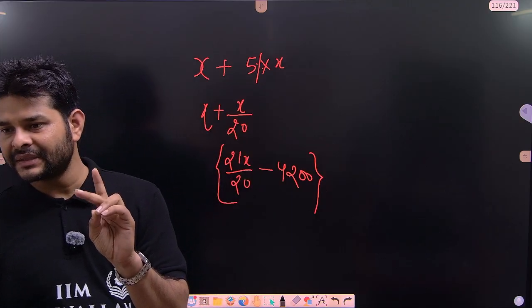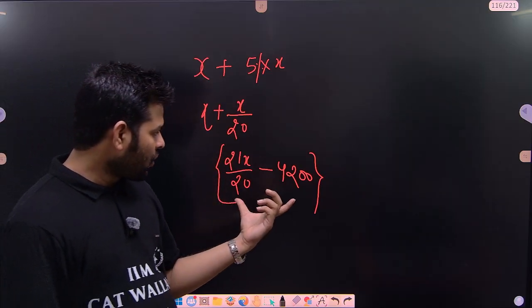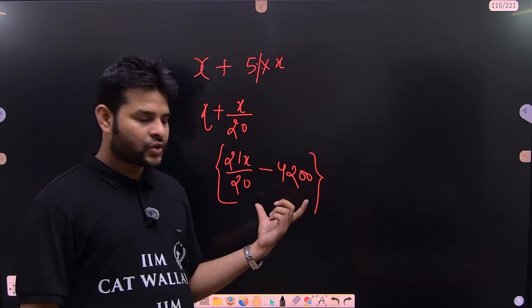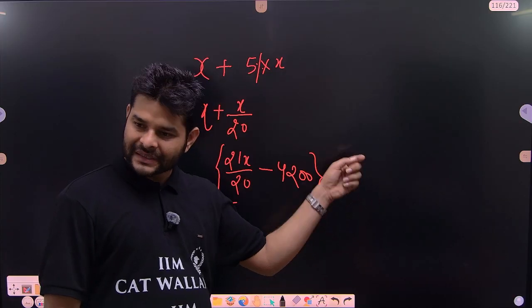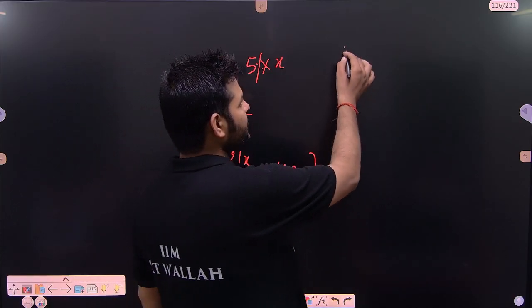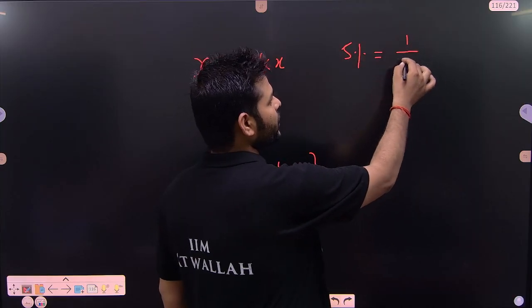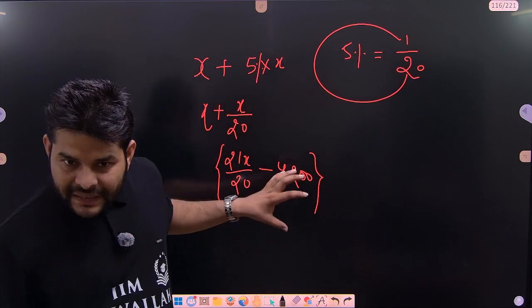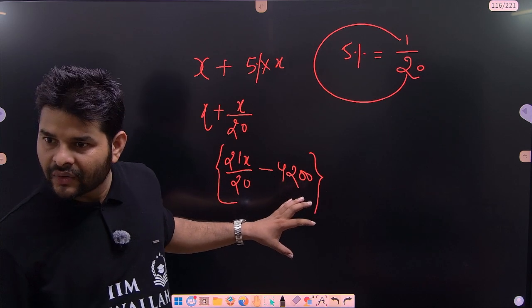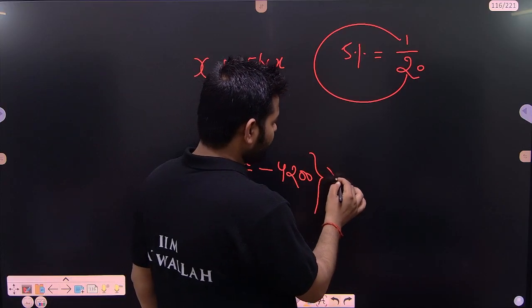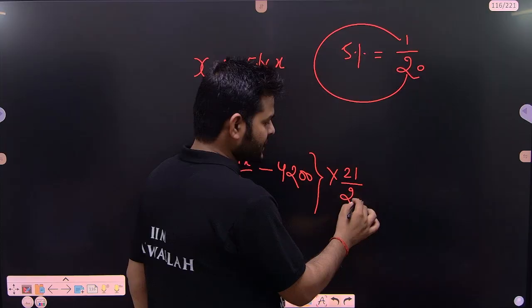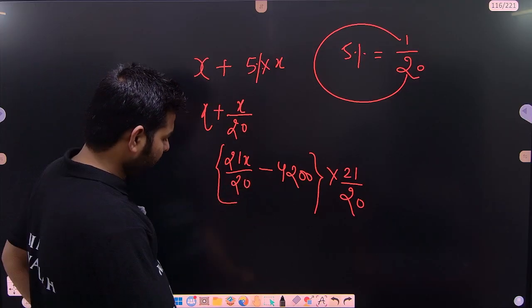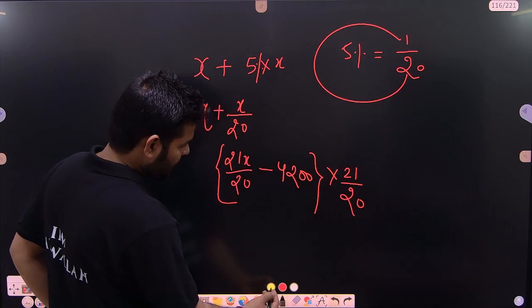So the rate of interest is 5%. So now on that value, 5% interest would be imposed. So that value plus 5% of this value. We can directly say 5% means 1 upon 20. So if we need to add 5%, that means 21 upon 20 of this value. Getting it or not? So 21 upon 20 of this value. At the end of the second year, I need to pay this much amount.